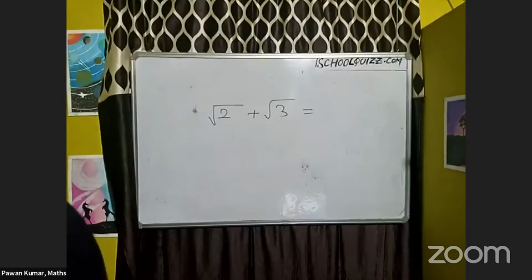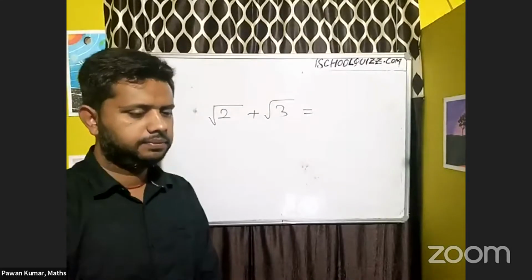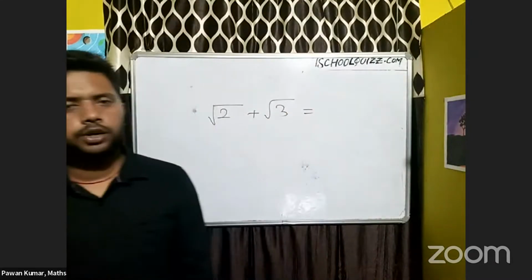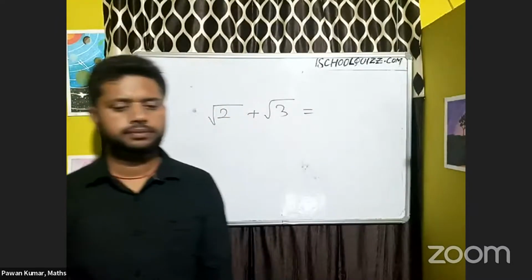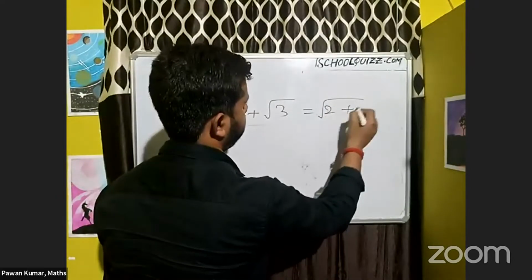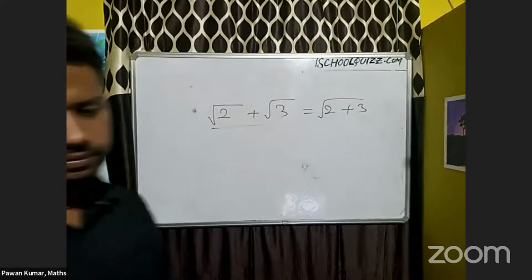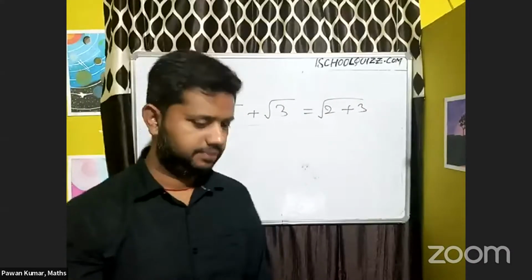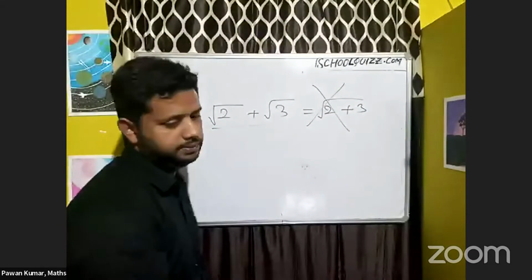Tell me what is √2 + √3, anyone, √2 + √3 how much? कुछ भी दिमाग में आए तो बोलो। 3.1. 3.14 नहीं, ऐसे ही बताऊंगा, can I do like that? Yes. I can do or not? Yes, sir. हम ऐसे नहीं कर सकते।